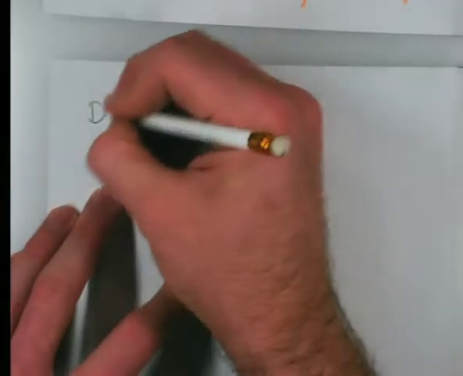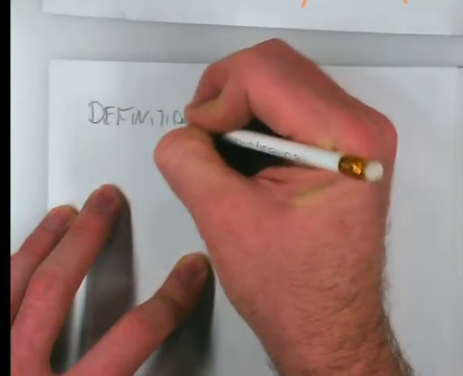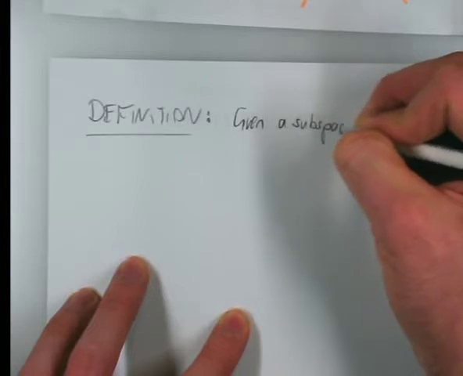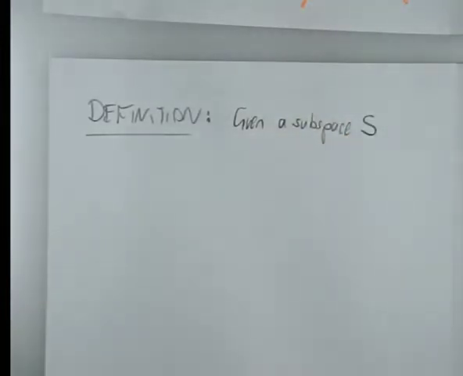Okay, so that's the idea of a basis. The definition is this. Because a basis is information about a subspace, you have to start with a subspace. Okay, so given a subspace S, traditionally your lecturer writes it as W, and I normally do too, but today I'm using S because that's just what happened. So given a subspace S,